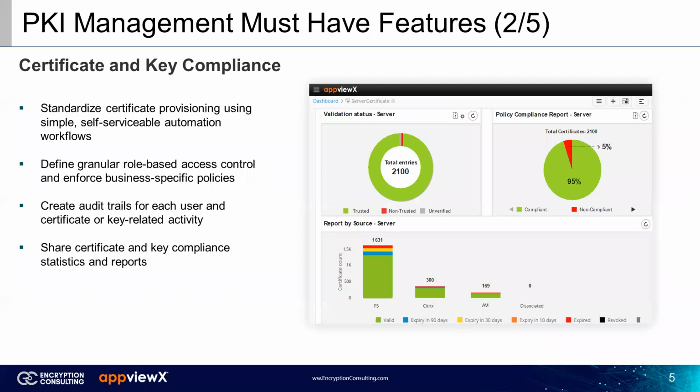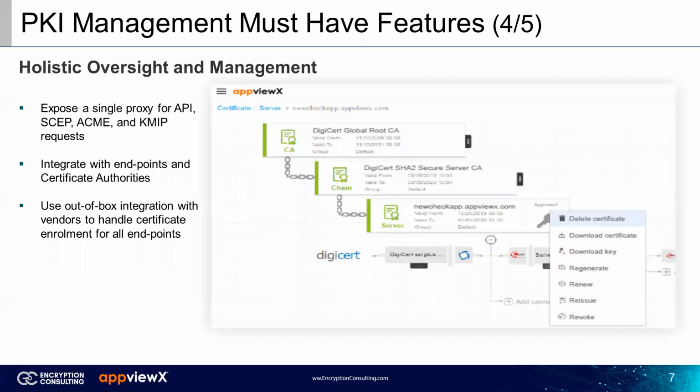Did I skip one? Yeah, we're on 4. So the fourth item, the holistic oversight and management. I had mentioned this on topic number 1. This is an explanation of that view, which I mentioned as a holistic view, where you're seeing